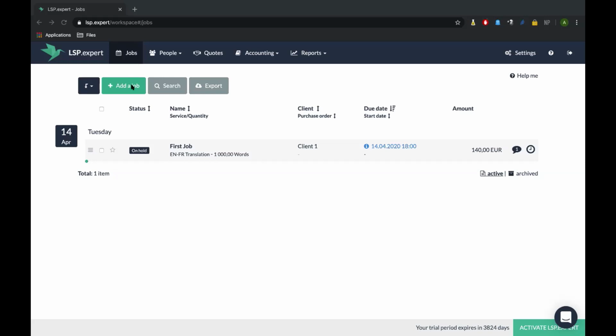You can add your company logo to quotes and invoices, of course. That's part of the settings. When you create your account and go to settings, you can just add your logo, every legal information about your company, really everything you need. Can you replace the LSP.expert logo? Yes, it won't be the LSP.expert logo. It is here because it is my logo for that account. But in my personal account for my company, I have my Outlet logo.